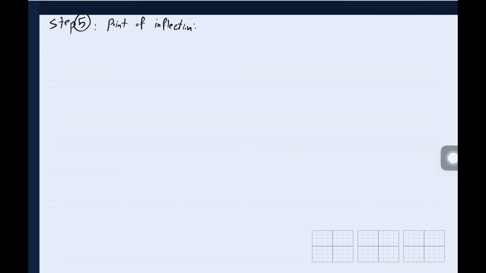For any point of inflection, I have to calculate the second derivative, which is f double prime x. For this also, there are 2 options. So option 1,